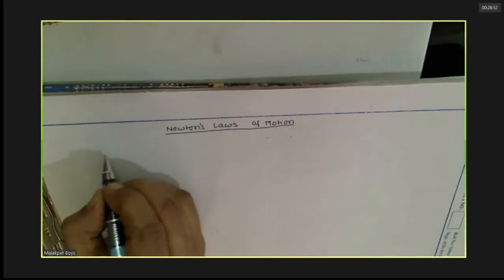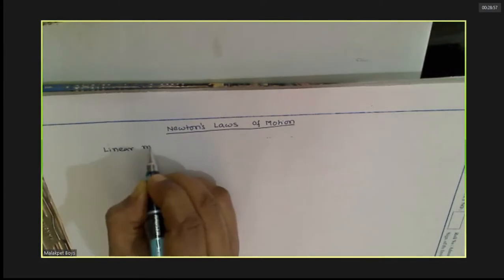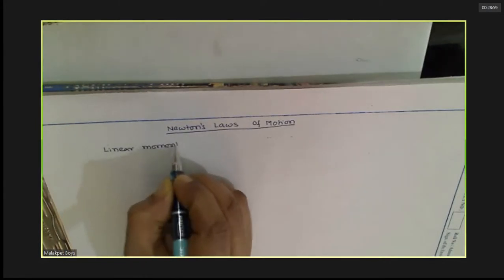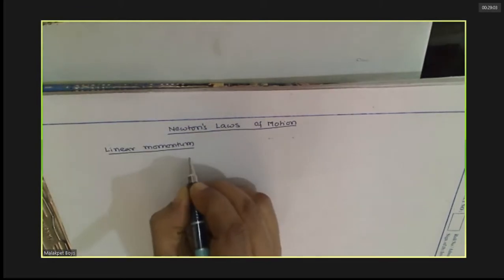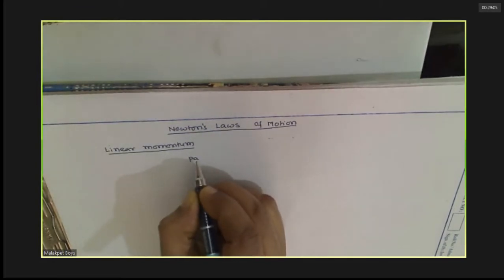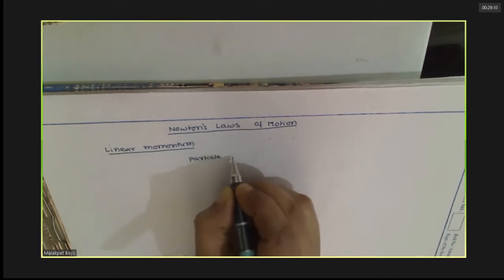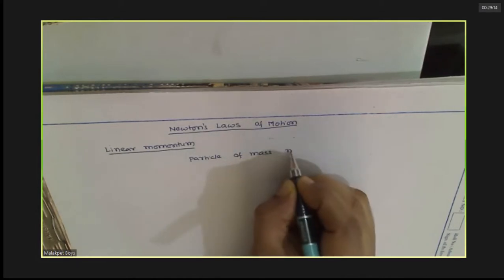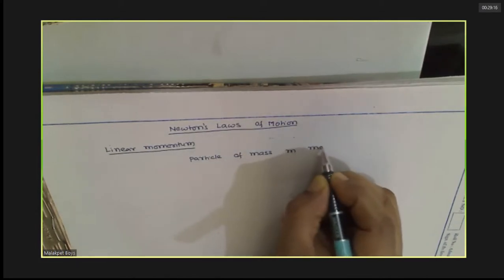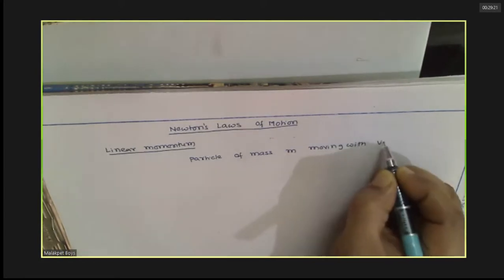See here, first of all, before we go ahead, we should first know linear momentum. Find R of B, the area bounded by x equals a, x equals b, the curve and the x-axis. That is my ultimate aim. So what is R of B? It is f of B minus f of A. That's what the definition is.